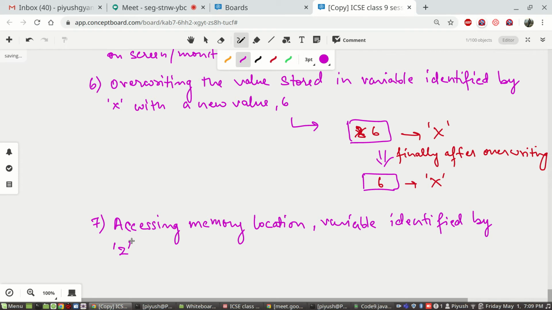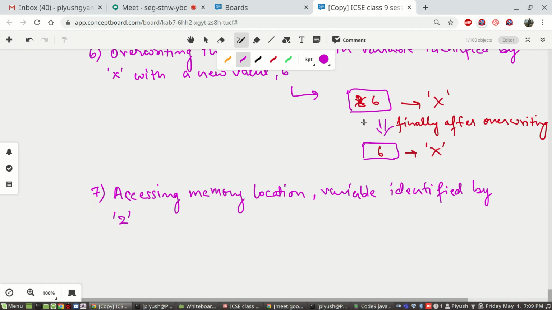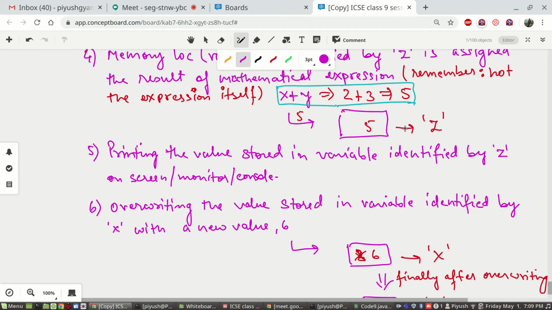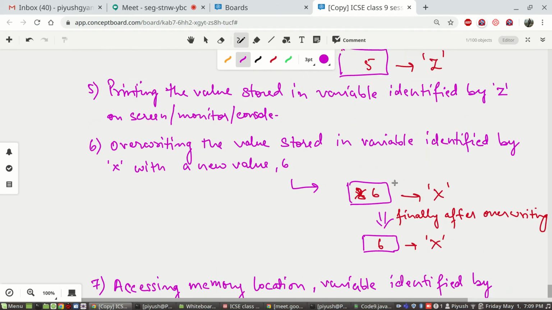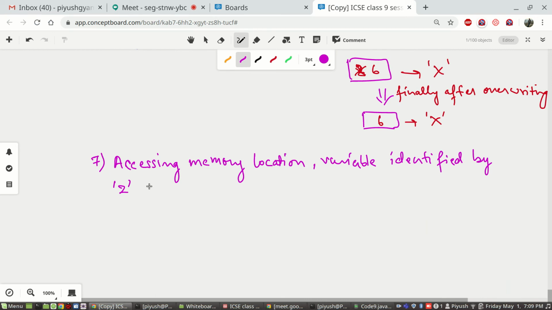So now if the computer looks into its RAM at the memory location identified by z, what will it find? 5. Okay, z has not changed, though you changed x, because z did not store the expression but the result of the expression. So x plus y was not saved in z, rather 5, after calculating and substituting values, was computed and saved. So even later on, z will be having what, 5.